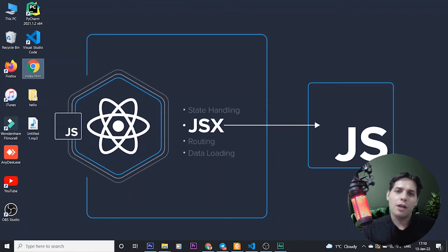In this tutorial I'm going to show you what JSX is. JSX is very important and we should understand its structure. Actually, we can say that JSX is known for being a language that lets you write HTML inside JavaScript, and